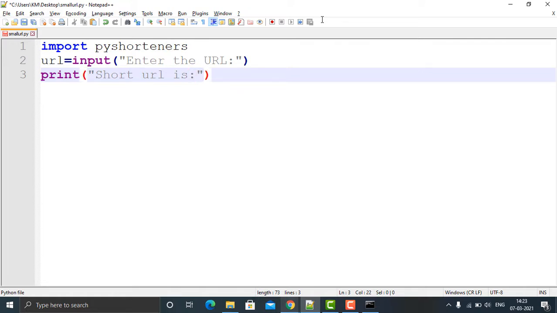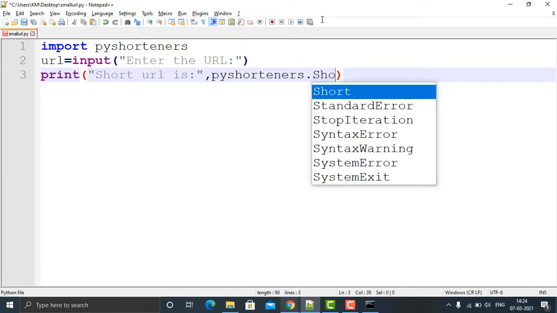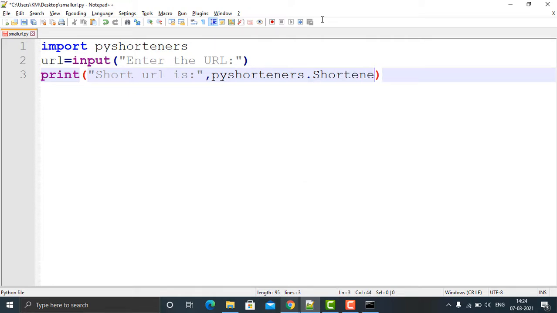To convert into a short URL, use pyshorteners dot Shortener, the pyshorteners function, open bracket and close bracket, using which one, TinyURL. This is also called tinyurl dot short, open bracket and close bracket, but you need to give the URL.